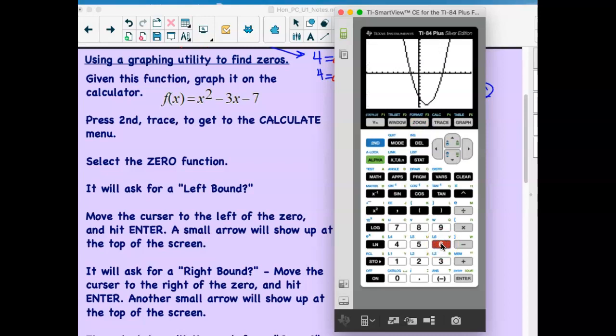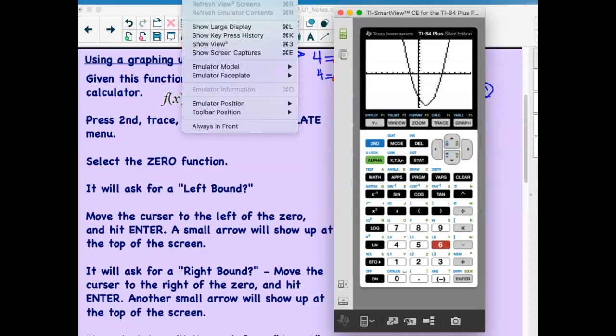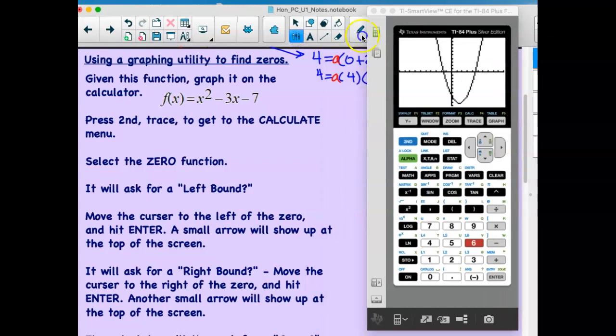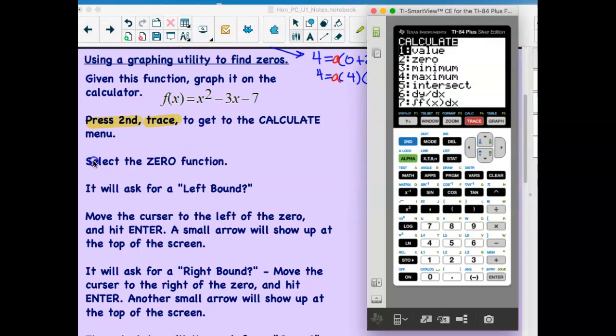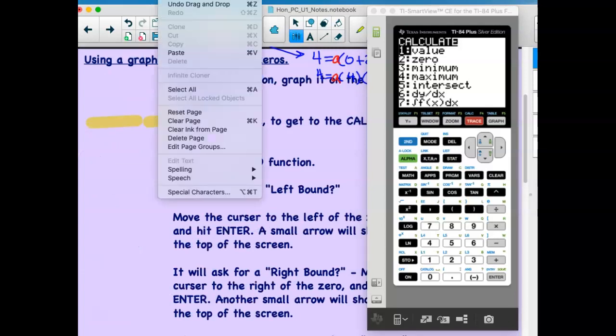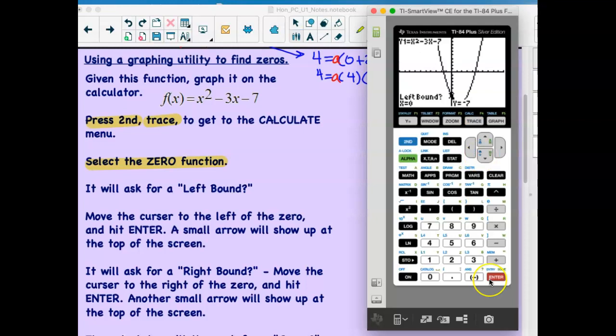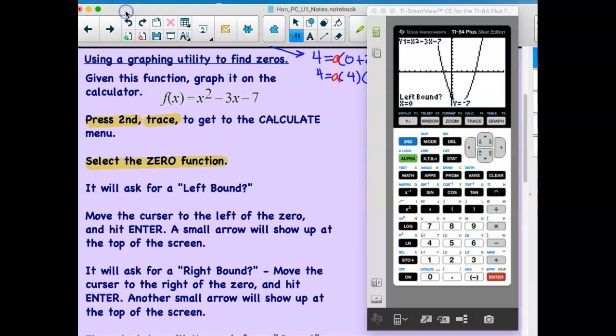What we're looking for here is our x-intercepts. So I'm going to just go through the steps here. Press second, trace to get to the calculate menu. Once you're on the calculate menu, you're going to select the 0 function. So that's going to be number 2. Enter. All right. So once you do that, then it's going to ask you to do left bound, go left